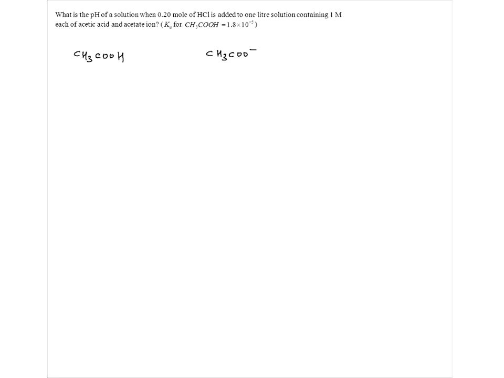Now, when you add HCl, you know that CH3COO minus is a conjugate base of the acid CH3COOH. So CH3COO minus is a conjugate base. And when you add something like HCl, then HCl will react with the base present in the solution. And due to that,